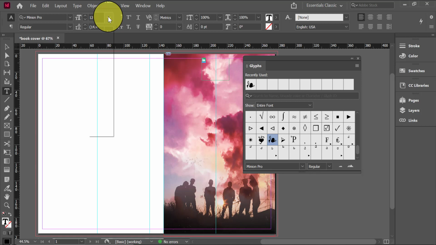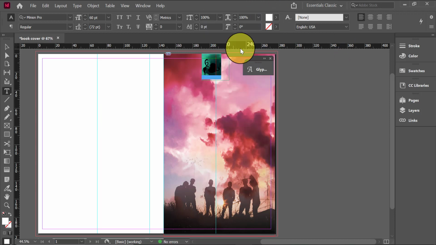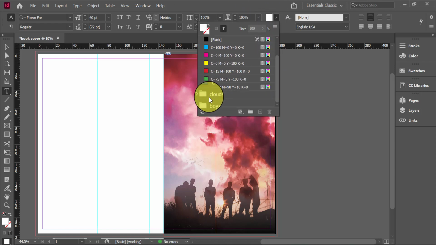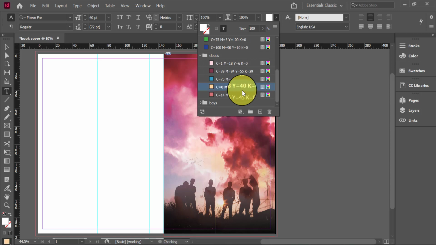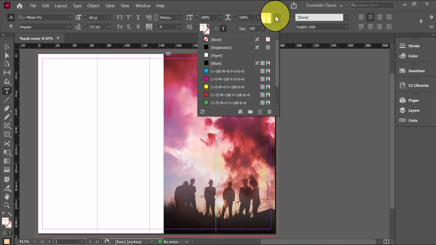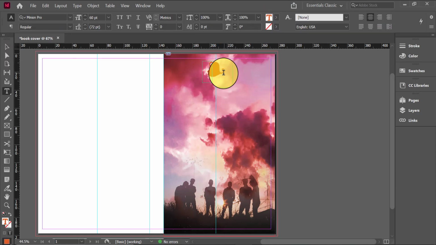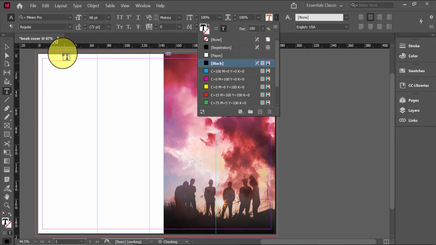Then I can make it bigger by making the point size bigger, same as I would any other character. I'm going to select white as my color for contrast, and maybe center it. I'm going to get rid of the glyphs panel, and then I would edit that the same way I would any other piece of typography. If I decide later on it's not working for me, no big deal, I can always get rid of it. I don't know how I feel about it,